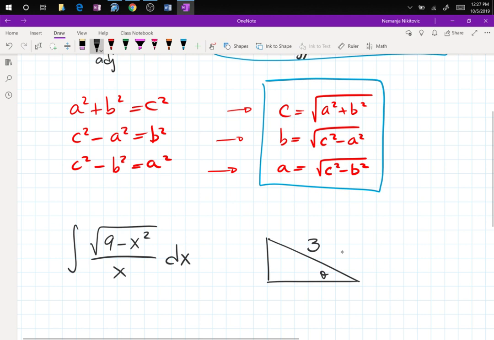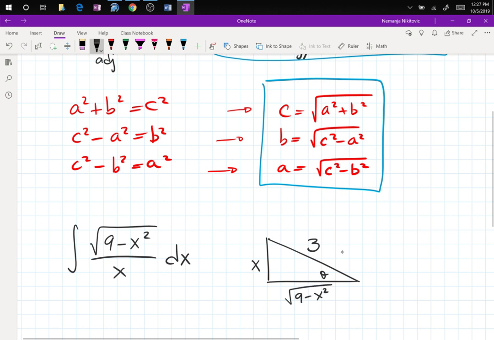Because this 9 is definitely that c squared, which is the hypotenuse. So that's how I know that 3 goes on the hypotenuse. Because it's a minus, and whenever it's a minus, the c squared is the first, and that's the hypotenuse. And now, it doesn't matter where you put x. You can put x here, or you can put x on the bottom. It doesn't matter. So let's put it there,